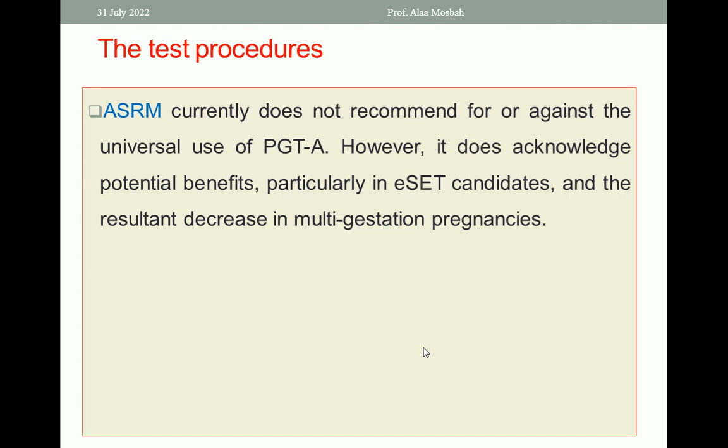I mean, they said if we did this test for aneuploidy, and after doing this test we transfer only a single embryo, we are avoiding the multiple gestation, and all of us know the complications of multiple gestation. Okay,